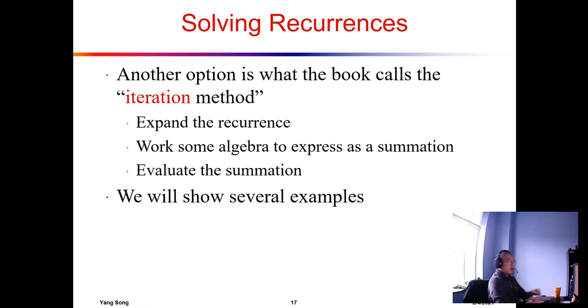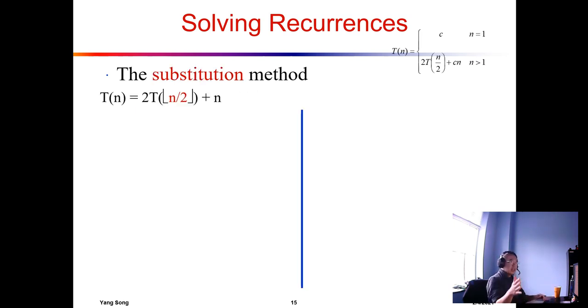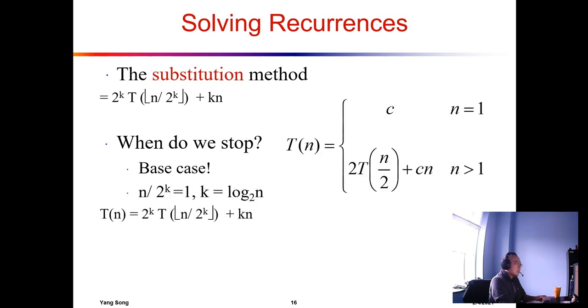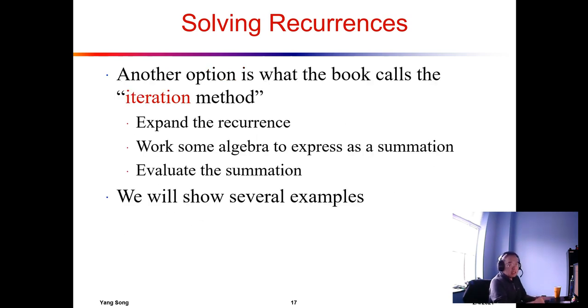Okay, let's continue our second way of solving the recursion. That is called the iteration way, or iteration method. If you are experienced in solving recursion, you may find that doing this side-by-side substitution is a lot of work because it's really a lot of writing. So instead of doing the substitution, in the iteration approach we don't really do the right side, but it requires you to be a little bit familiar with the solving